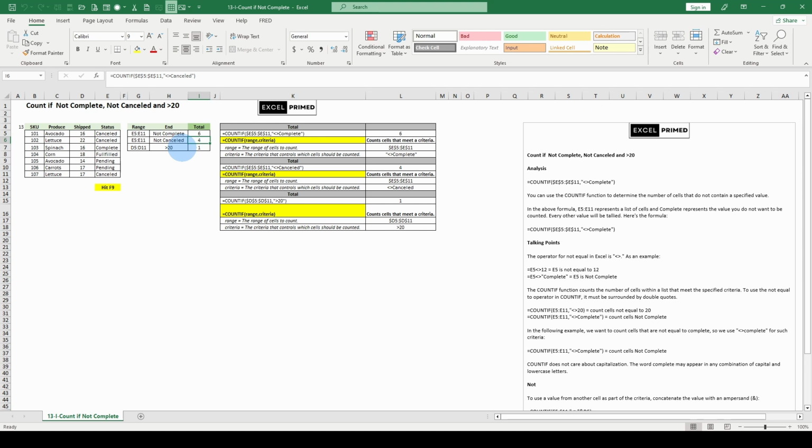Greater than 20. Ooh, there's a twist there. We were looking at status. All of a sudden, we jump over into D, curveball. We're just counting how many are greater than 20. F9. And we're just messing things up. Actually, we're just looking to see how many visually, and this is why I do F9, so you could see just off the bat if there's a screw up here, you could easily just see it and go, well, this is greater than 20, and that's greater than 20, and